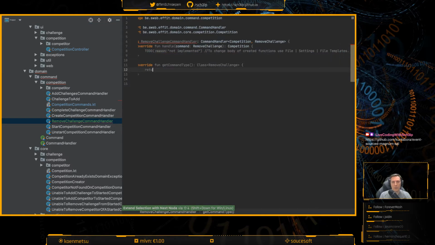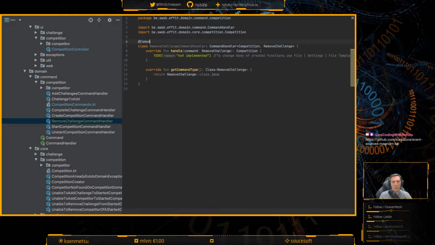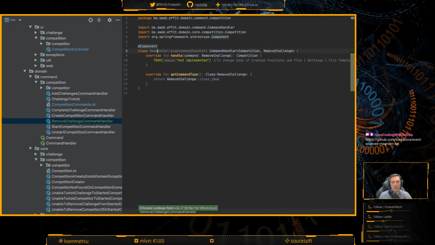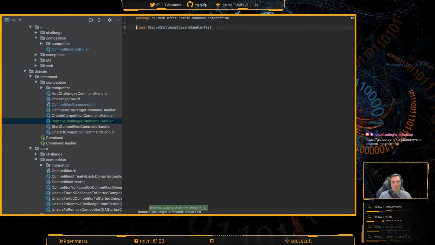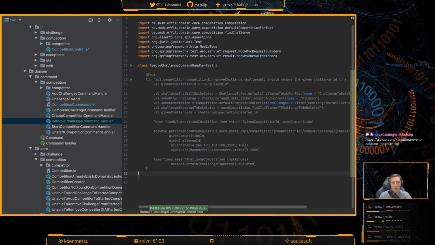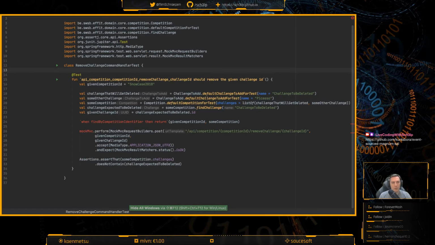This thing we can just return already. Needs to be a component, and we'll create a new test for this. And this is the test that we wanted from our controller, at least.